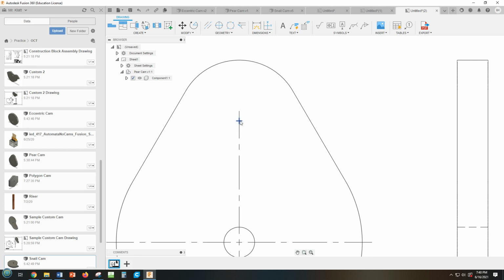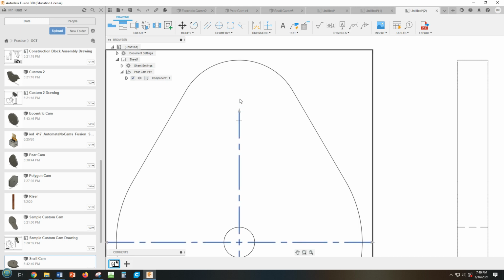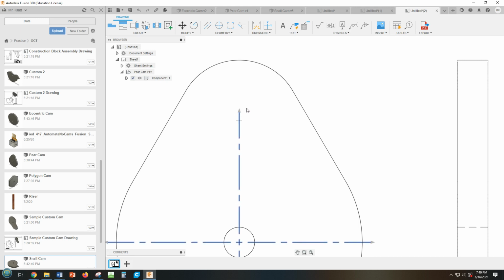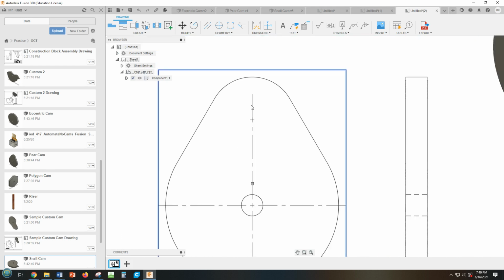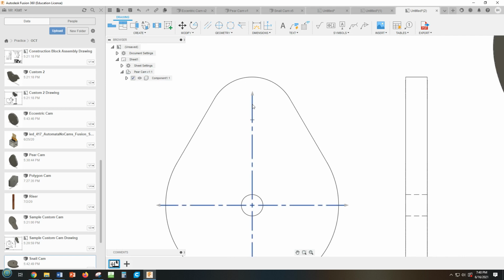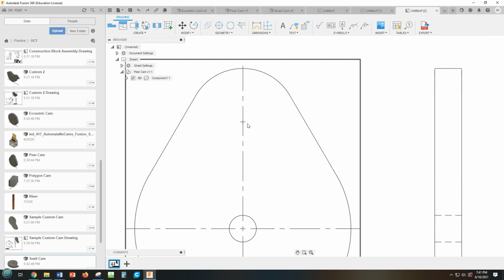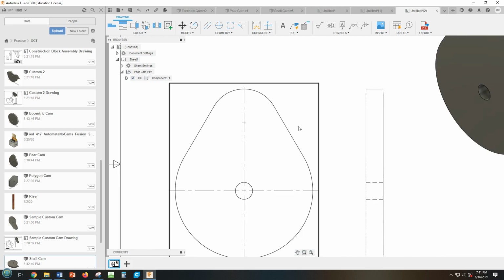Hit escape a couple times. I'll double click this, and it will allow me to expand it by grabbing that arrow. Oops. And my computer's having a hard time responding to me, and there we go. Okay, now this one will not allow me to expand that outward. I kind of wish it would. Whoa, I don't want to do that. Let's undo that problem. All right, but it does show a little crosshair where the center of that is, so